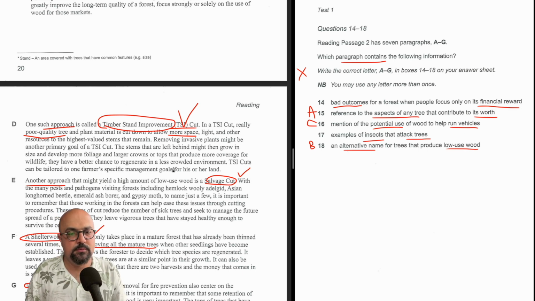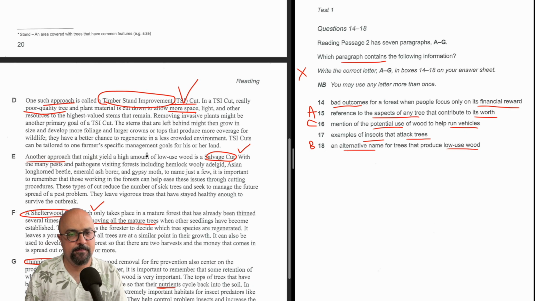Okay. Farmers, okay. Well, that doesn't seem to have any of this information. Many parts of the, okay. Oh, moth. Forests, pests, and pathogens. Moth is an insect, and can help these issues. Yeah, these create issues. So insects that attack trees. That's E. So A, C, E, B so far, and